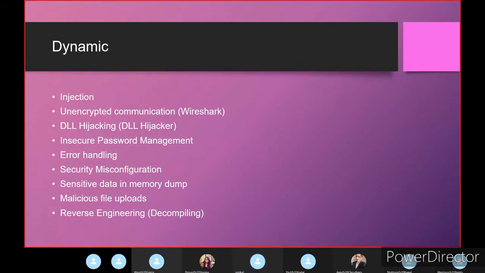And if the application is related to banking, we also try to check, for example, there is a thick client that you are using to buy something, and it requires your credit card information. We also check whether that credit card information is being dumped in memory, for example in RAM. And if the application is allowing file uploads, we can also check for malicious file uploads. And finally we try to reverse engineer the application, and we tend to do some patching or some kind of manipulation in order to hack that application.